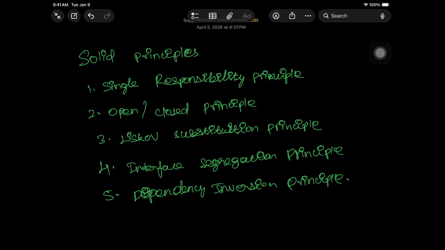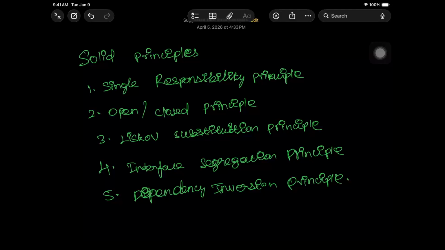So today is day 5 and day 6. We started preparing system design, starting with the SOLID principles. So in that, today we are going to see the SOLID principles as day 1. The SOLID principles have 5 principles, which are the single responsibility principle,